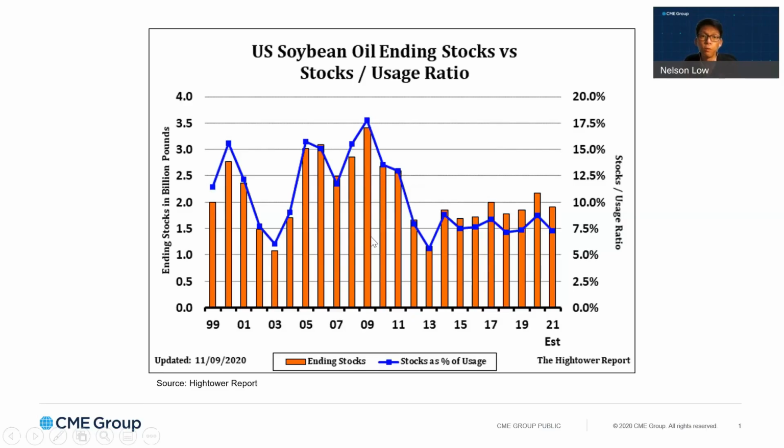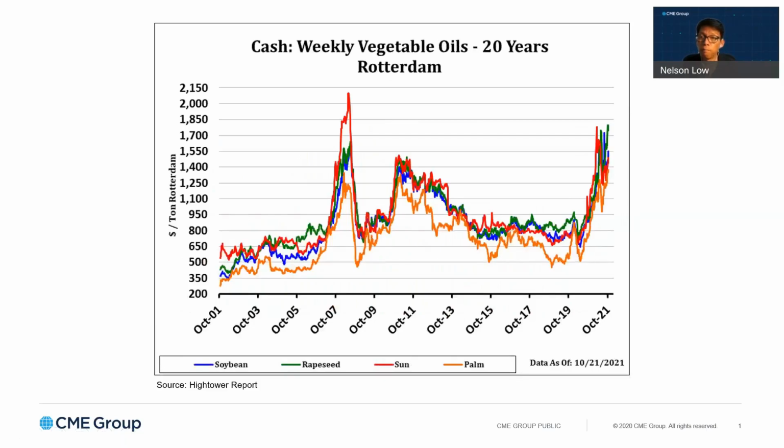Okay, so we've looked at that. The other thing that we look at is the other oils. When you consider any single oil, you need to look at the other oils as well. What are they doing, right? This is a chart of the 4 major oils in the world: soybean oil, rapeseed oil, sunflower oil, and palm oil. Of course, no need to be too worried about rapeseed oil and sunflower oil. They are important oils, but in terms of production, they are nowhere close to the amount of production of soybean oil and palm oil.